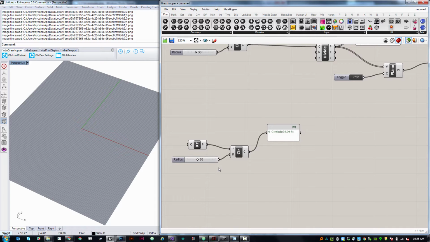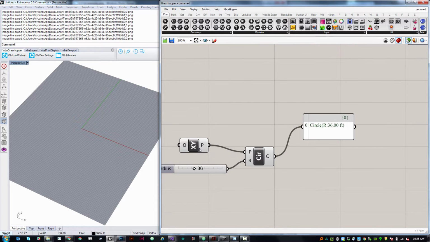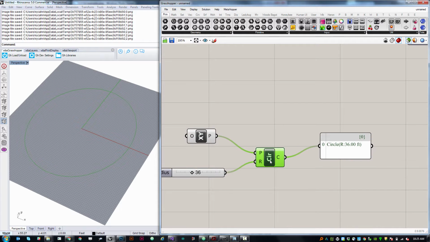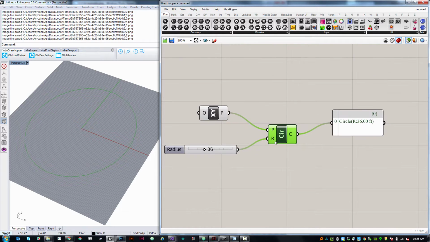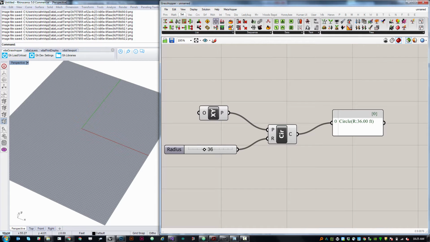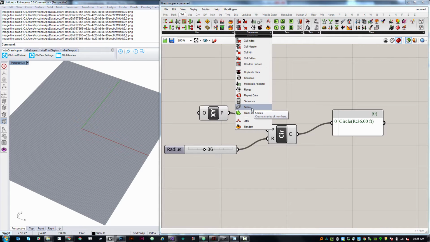And what I want to do is, instead of supplying a single value, I want to supply multiple values to the circle component. So there are a few ways that this might happen. One is we might have a list of numerical values to cover the radius. So we've already seen one way to create a list of numerical values is under Set, Sequence, Series, which creates